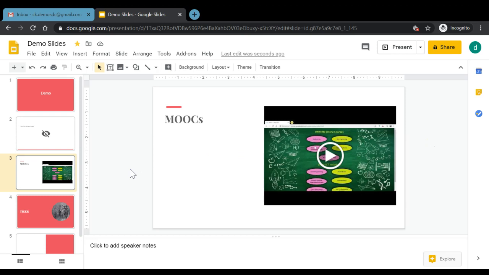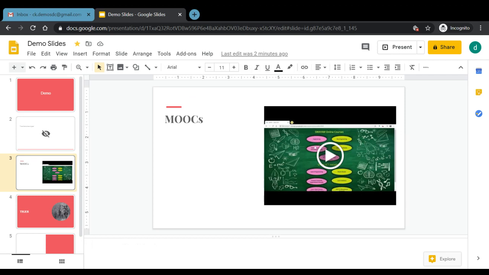Now, apart from that, we have different formatting options which are available in the other presentation software as well. But something different here is the option of add-ons. So just as we have seen that we have different add-ons available with Google Docs and with Google Slides, similarly here also we have different add-ons which we can click on by clicking on this button of get add-ons. Apart from that, we also have the option of adding any kind of speaker notes here.